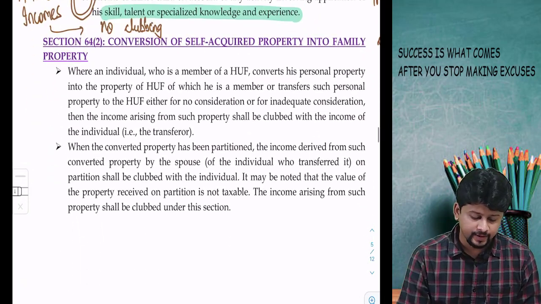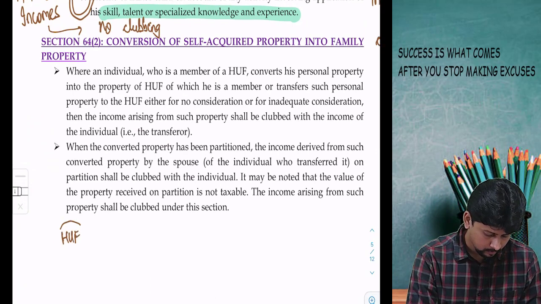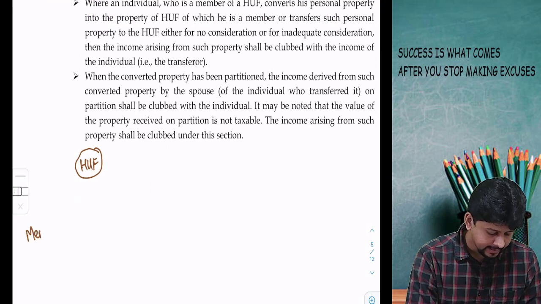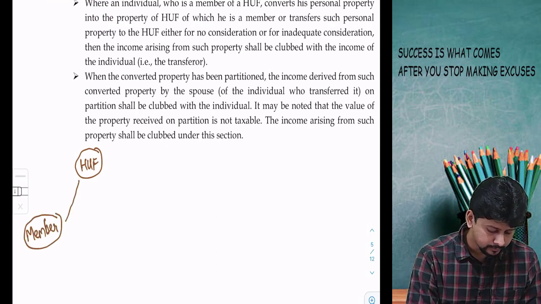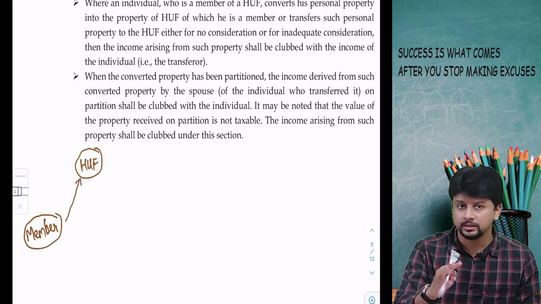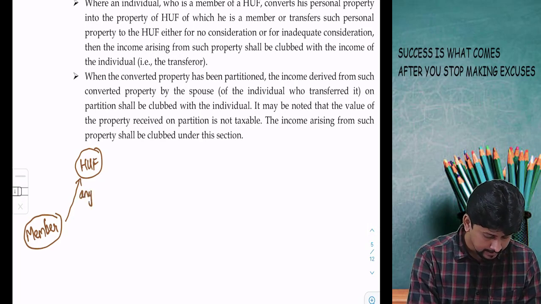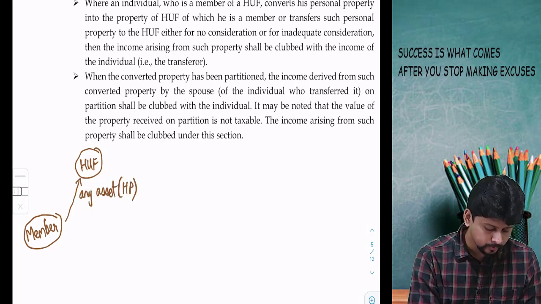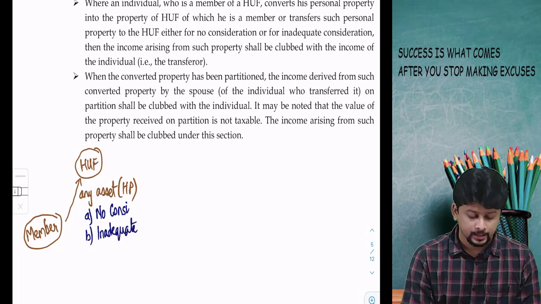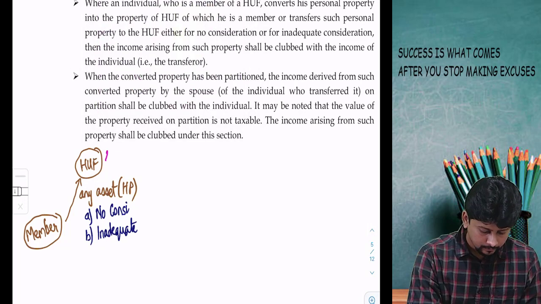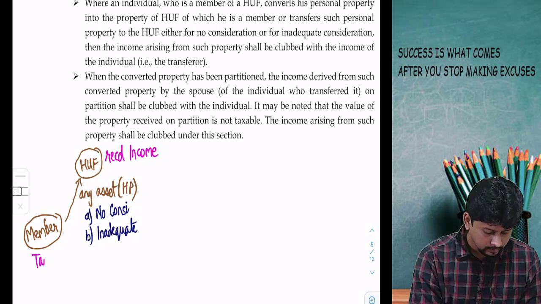A Hindu undivided family is receiving an asset from one of its members, any member, karta, co-partner, anybody is covered. Any asset is covered, including house property. How is this asset transferred? This asset is transferred either for no consideration or for inadequate consideration. Then, as every clubbing section goes, income will be received by the transferee, in this case the HUF, but the income will be taxable for the member, the one who has